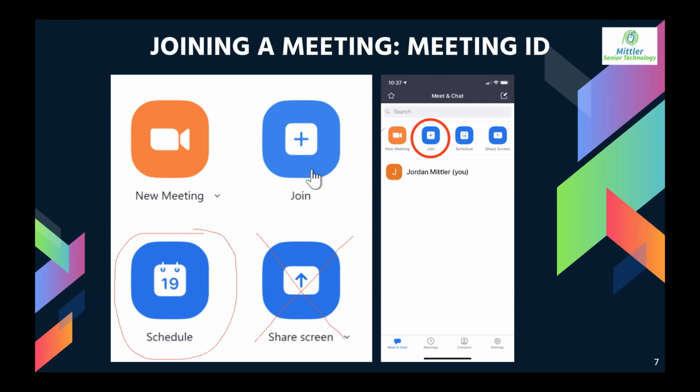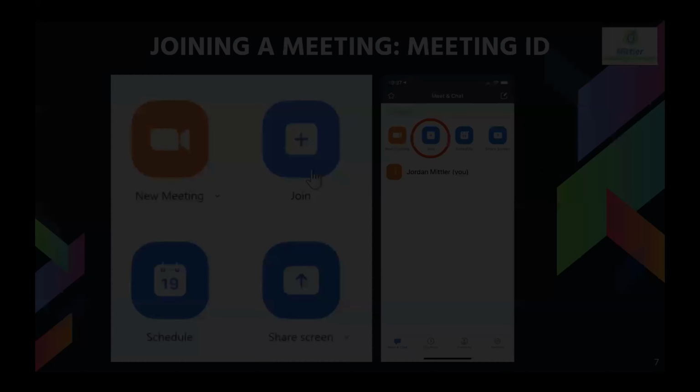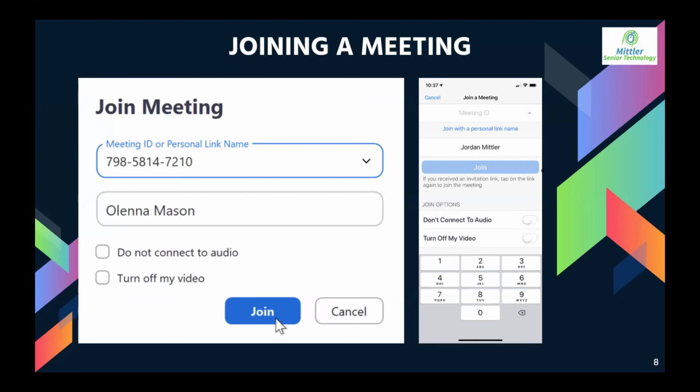On the phone, it looks the same way, these 4 buttons, and you want to click on that join button in order to actually start joining a meeting. Now, I'm sure you know this. There are 2 ways to join a Zoom meeting: one through the meeting ID, which is that 9 or 10 digit code, and through a link. Next slide. So when you're joining through a meeting ID, you basically have to type in